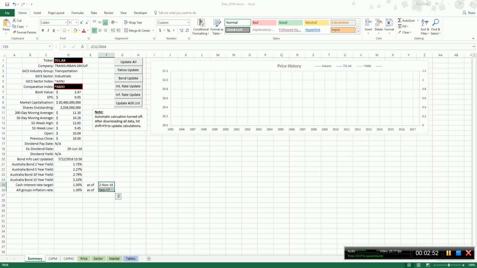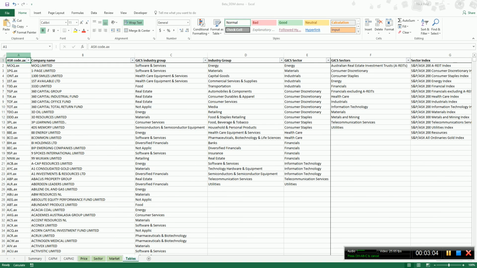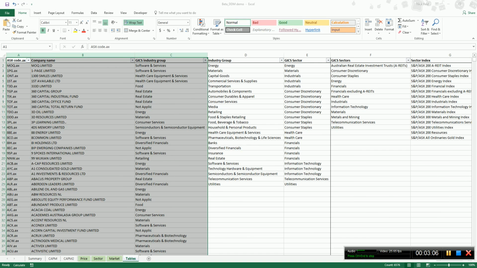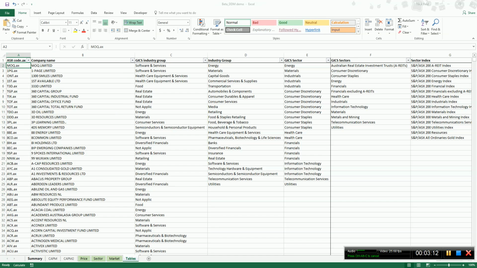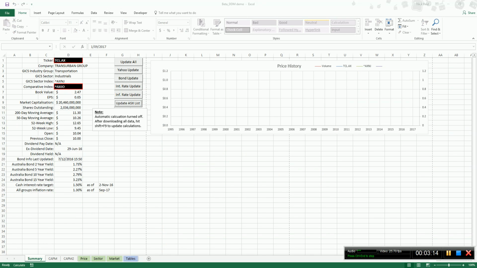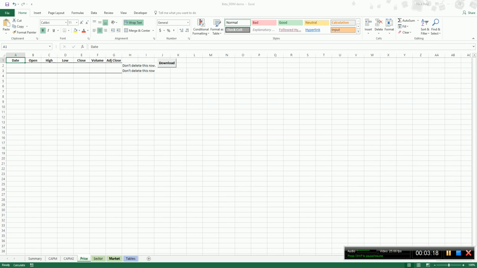Current as of 2nd of November and September 17. We'll also update the ASX list. Should get a little update down the bottom here. There we go. So all that did was update these 3 columns, and just when you want to analyze a new stock, you might just want to update that in case it's a new stock and it's not listed. It wasn't listed previously. Okay, so now we go to price, and here is where we'll download the historical price